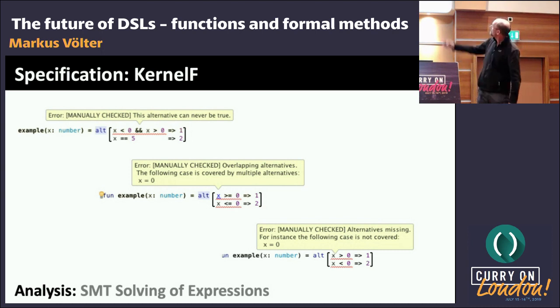And of course, in this case, it's really also simple from an SMT solver integration, but there are obviously much more complex cases where you have to do all kinds of analysis in terms of data flow and types and stuff in order to figure out what the actual range of values is, so you don't report errors where there couldn't be any. The way we did this here is we've built this kernel F language,